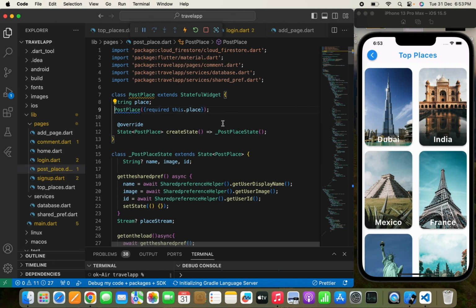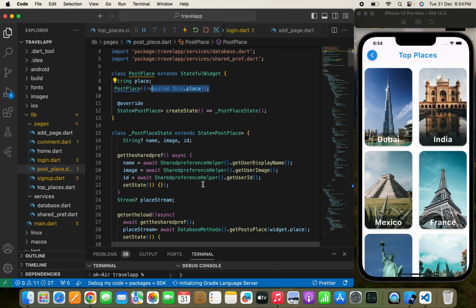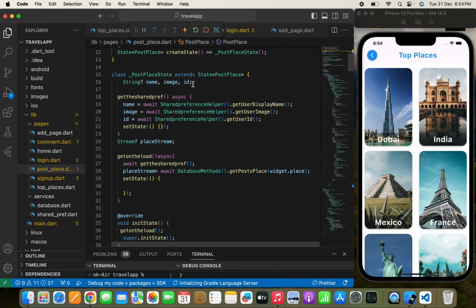That's why I've created my post place, and here I'm getting the place that the user has selected. For example, if the user selects Dubai, then the place will be Dubai, same for India. Now in the string name image ID, I am getting all the data by using shared preference,